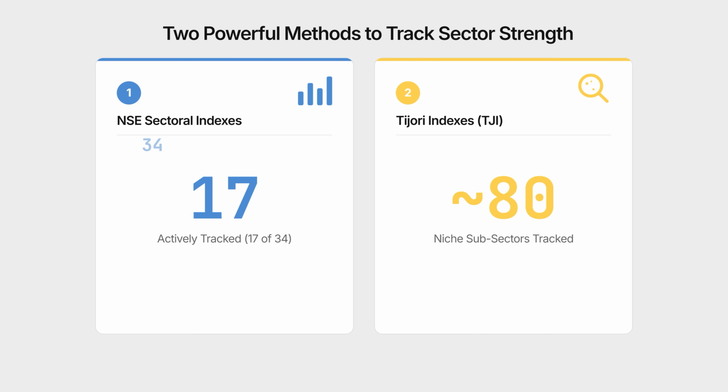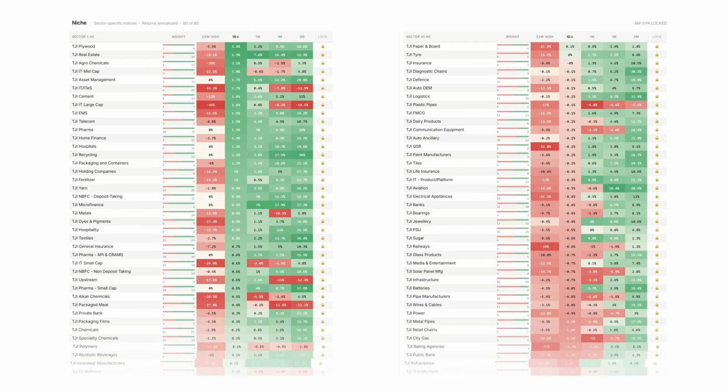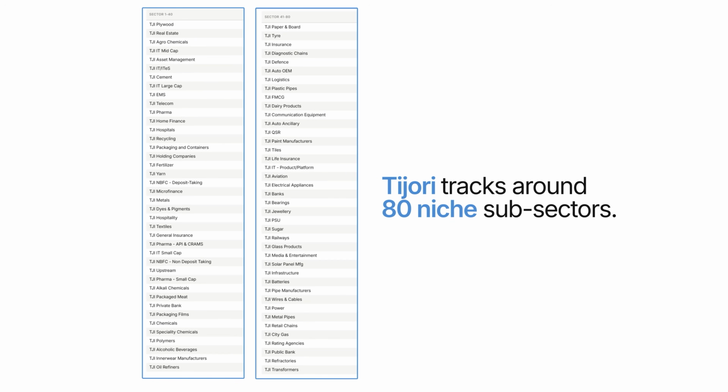The second option is using granular trackers like the Tijori indexes. Tijori tracks roughly 80 niche subsectors, exposing massive momentum in pockets most traders miss. Because these TJIs capture small cap and micro cap movements, your playground expands dramatically. But you can only trade these setups as unleveraged cash positions, as most of these stocks are usually outside the